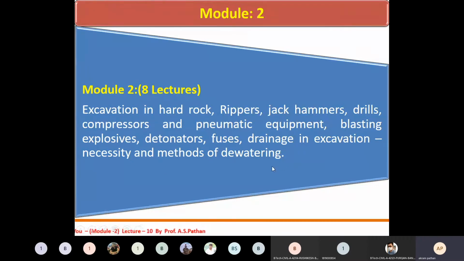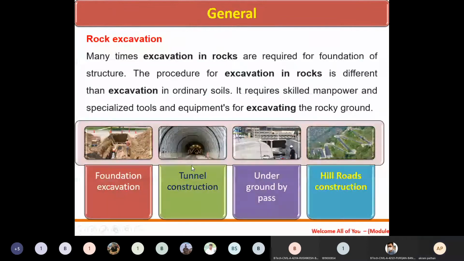Then we are facing one of the problems while excavating in a particular hard rock, that is the percolation of water inside our working area. So we require a certain methodology for dewatering of that percolation water in our area of working. So these are the syllabus topics we are going to talk about in the next lecture. This is the thing we have completed in the last lectures.